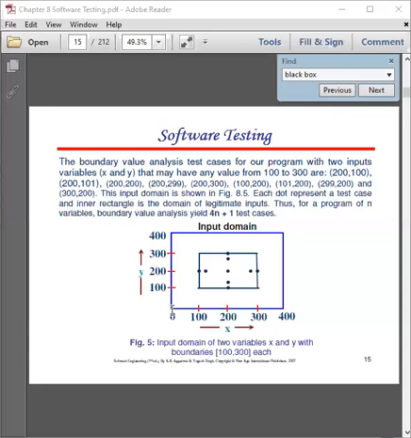And third is cause effect graphing. It is a software test design technique that involves identifying the causes, input conditions, and effects, output conditions, producing a cause effect graph, and generating test cases accordingly.